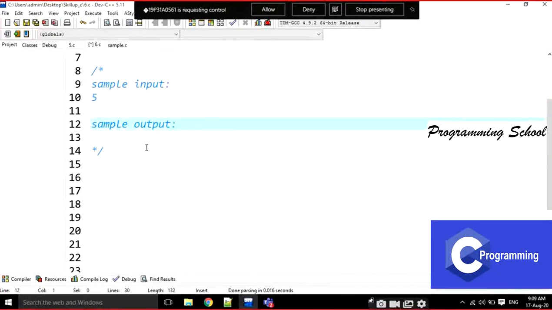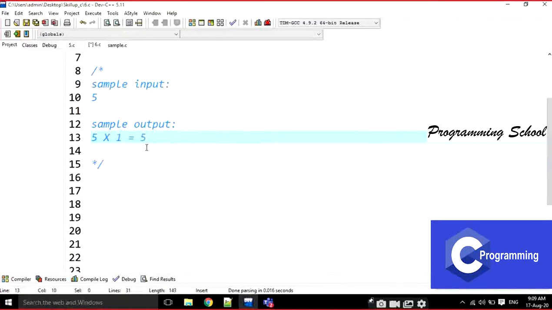The output is: 5 star 1 is equal to 5, 5 star 2 is equal to 10, up to 5 star 20 is equal to 100. Okay, this is my first task.